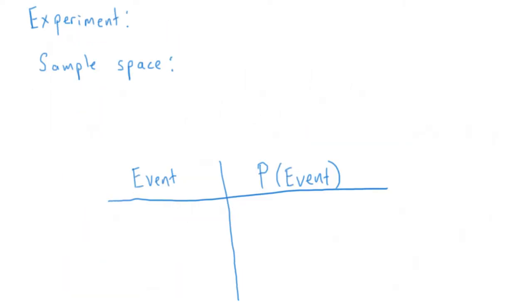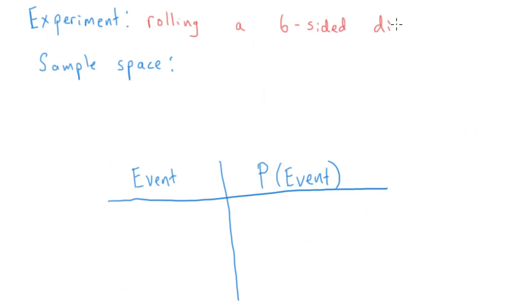Okay, so I'm going to set this up kind of in this way. So we're going to talk about what experiment we're going to be looking at. We're going to draw the sample space, which is going to contain all of the possible outcomes. And then we'll look at various events, and then we'll compute their probabilities by just looking at the sample space. So the next experiment I want to look at is rolling just one 6-sided